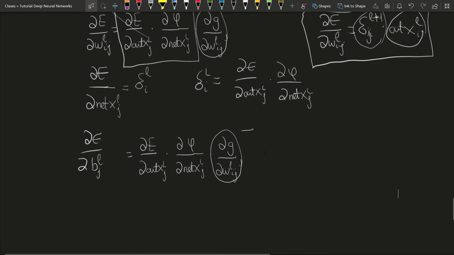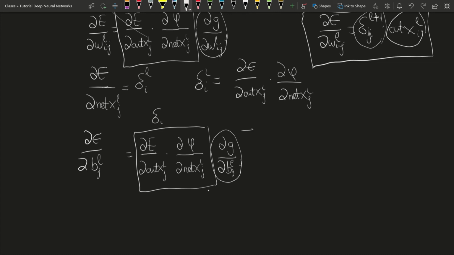Now here we'll have a different thing that will be the derivative with respect to the bias. So here it will be the same calculations, the derivative of the error multiplied by the derivative of the activation function, but also this will be the